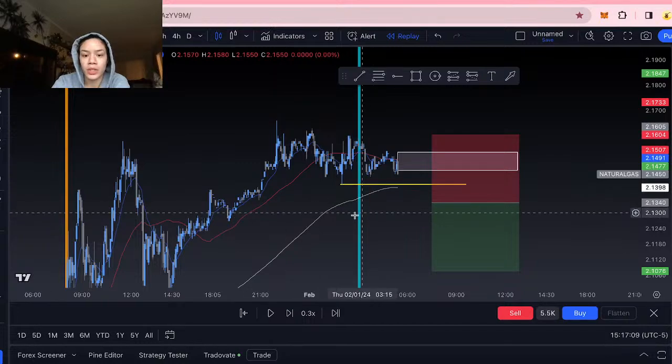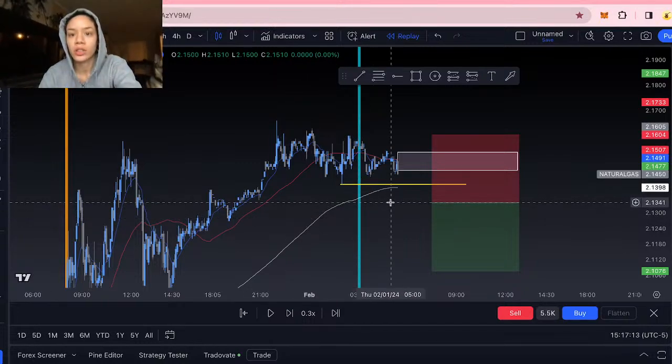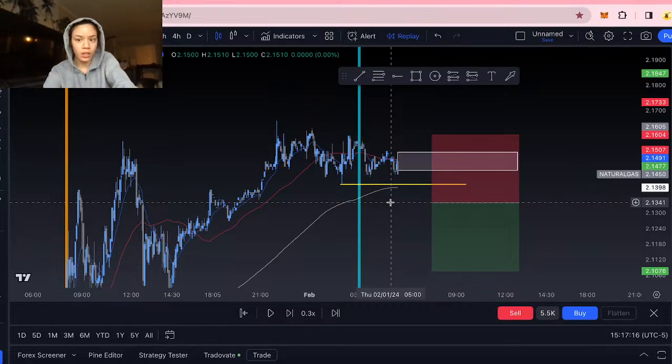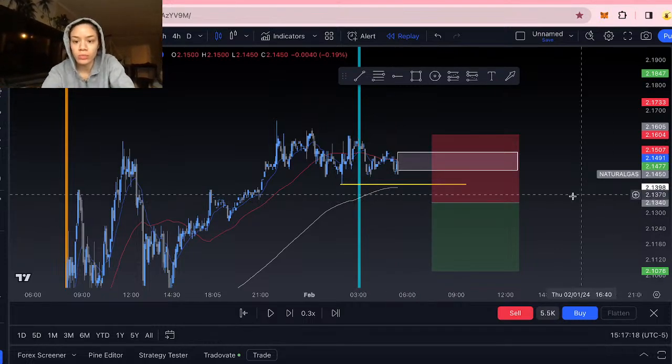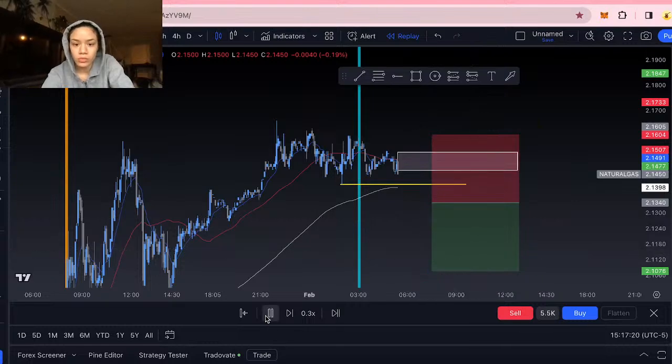So this pretty much would have been at 3 a.m. I usually get up around 7 to even look at the charts, and 7:15 after that is when I'm placing trades. So